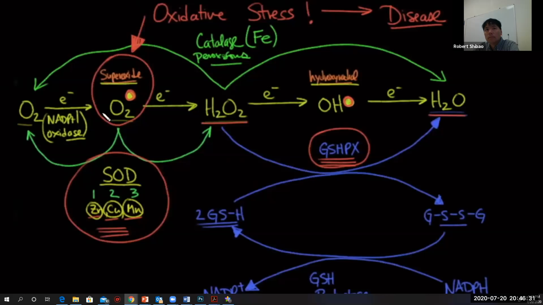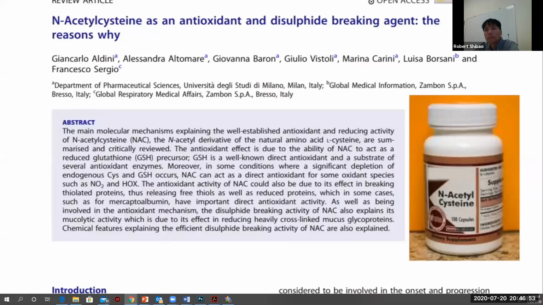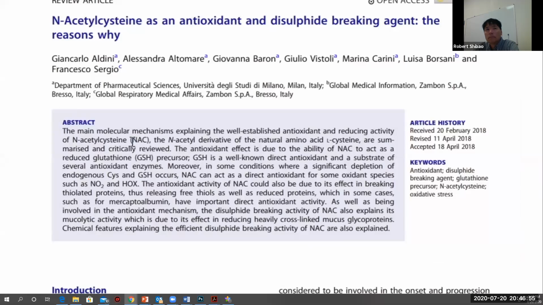So if in fact COVID-19 gives us an excess of superoxide and hydroxyl radicals, and that excess of superoxide can in fact be taken care of through things like glutathione peroxidase, are there things that we can do to help glutathione peroxidase be in the reduced form to take care of this so we can alleviate the stress from this oxidative stress? And the answer is potentially yes. Enter N-acetylcysteine, otherwise known as NAC or NAC.